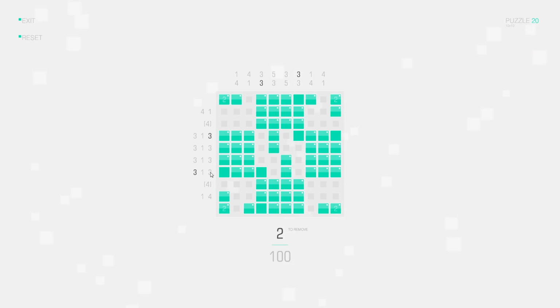Now I can't go forward only by looking at these clues here, because if we look at this section here, we need 3 connected squares in this row, and we need 3 connected squares in this column, right? So we could finish this either like this or like this, right? So which way to go? Well, we can only solve this by looking at this final clue here, because we only have 2 squares left